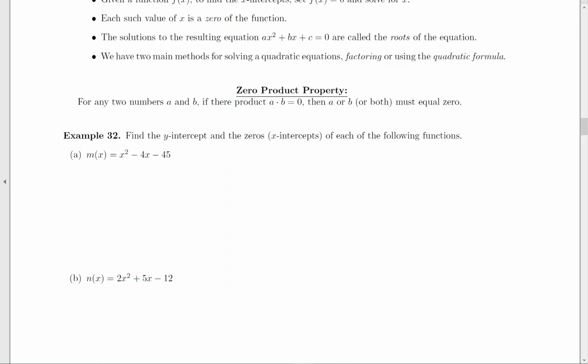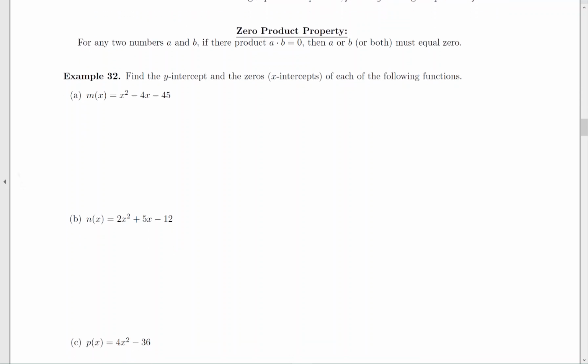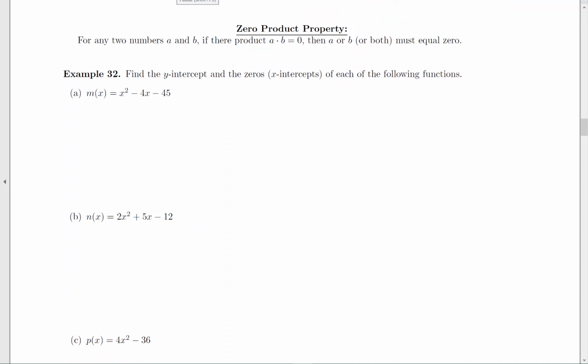Example 32, we're going to use that property to find the x-intercepts or the zeros of the function. We're also going to consider looking at the y-intercepts. So to start out with, let's take a look at the function m of x equals x squared minus 4x minus 45. To find a y-intercept,